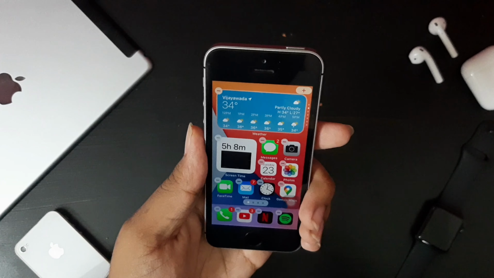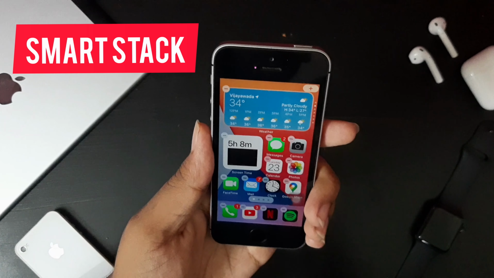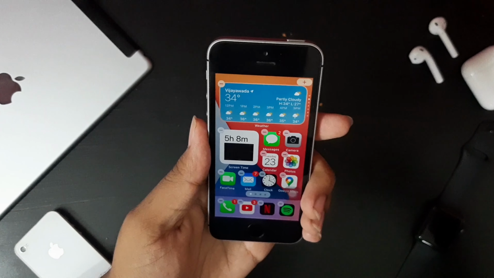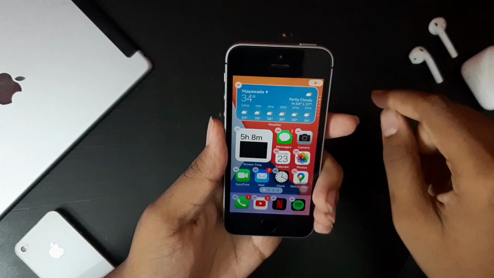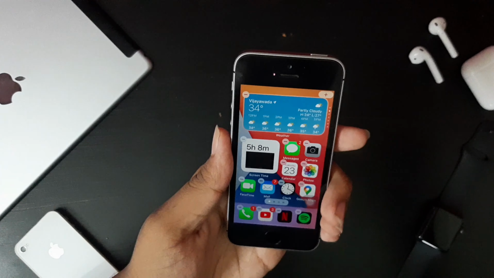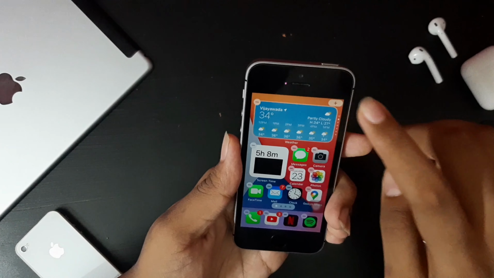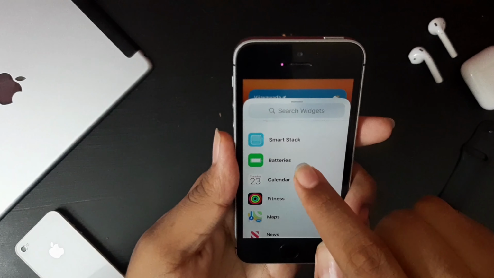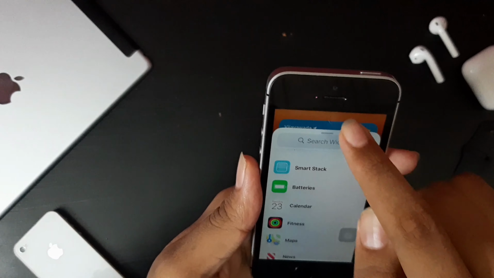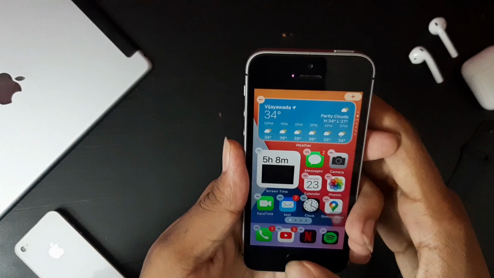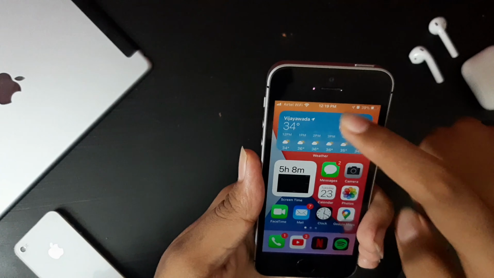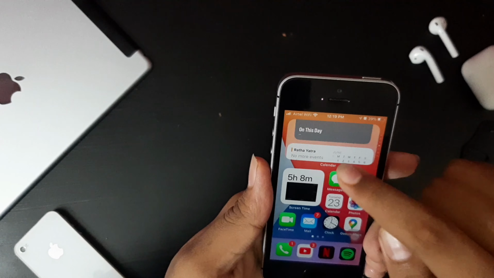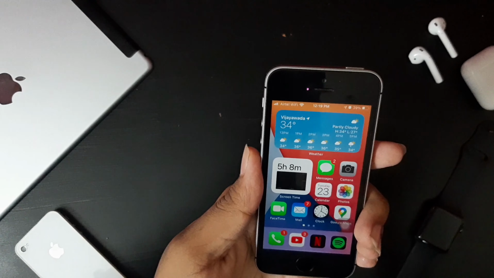There is another widget called Smart Stack, in which you can combine 5 to 6 widgets in one widget and add it to your home screen, which is more accessible for data and for convenience. If you scroll down over here, you can see Smart Stack. I have already added it to the home screen. So here it is. You can scroll between different widgets like this. You have the Files app, the calendar, the weather, etc.